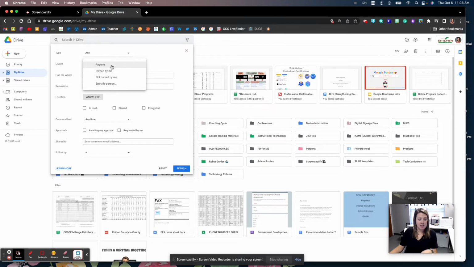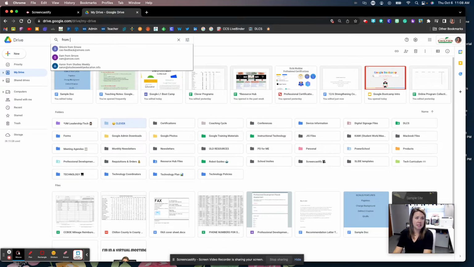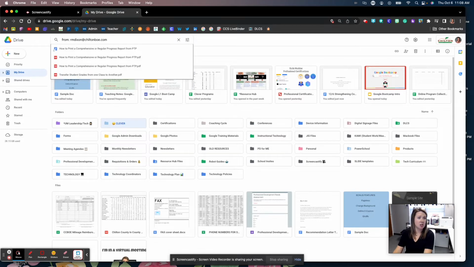A couple of these, let's talk about what these mean. If we have anyone, that's going to find anyone that's connected to that file in some way. Owned by me, obviously going to be files that are created by you only. Not owned by me. So if I know that someone sent me a file, I can say from, I'm going to just use Miss Dixon as an example, and I will be able to search for any file that she has shared with me through email, direct share, things like that,